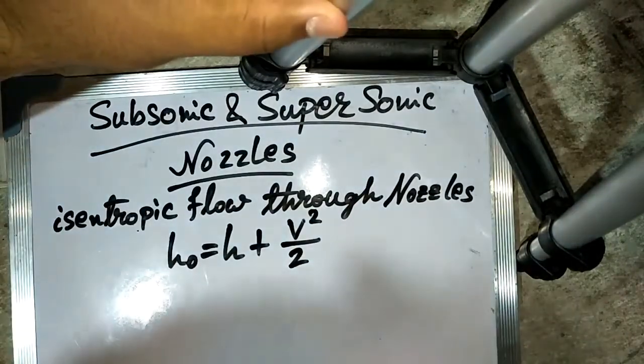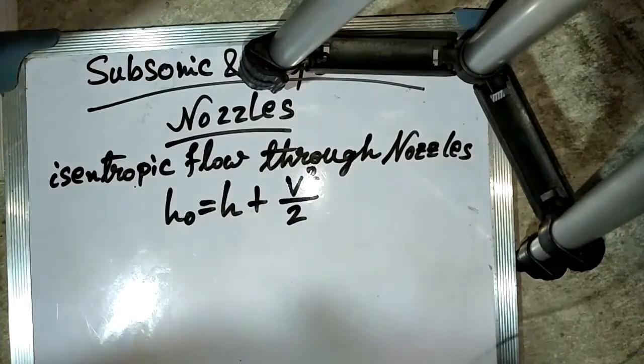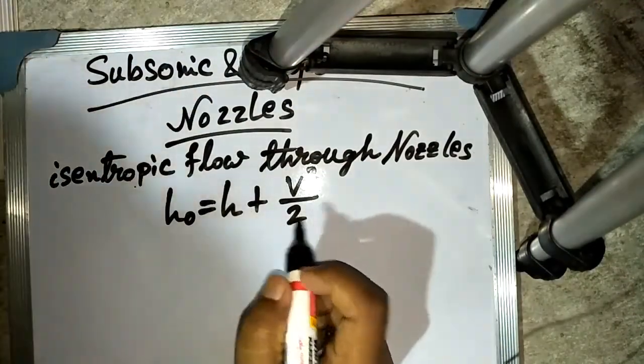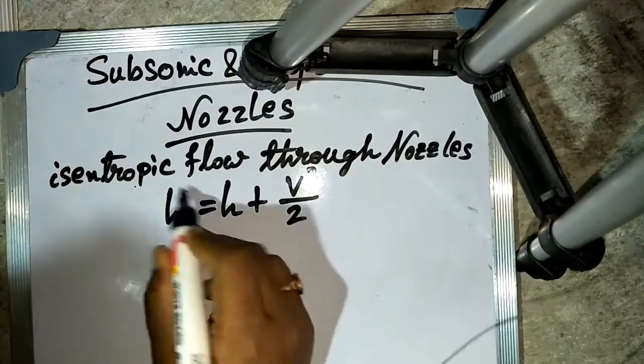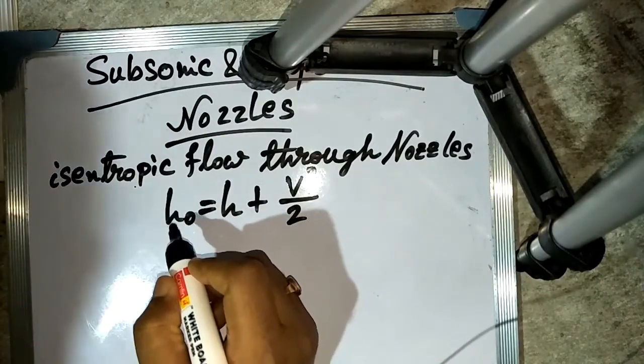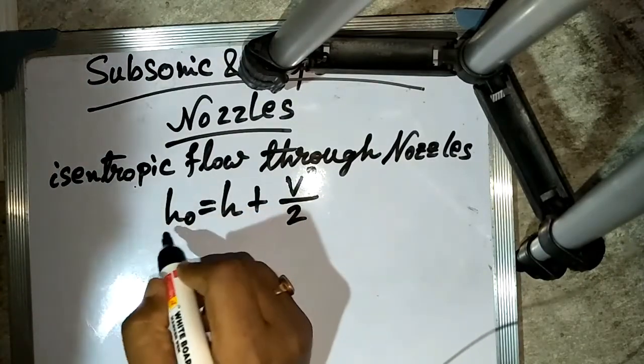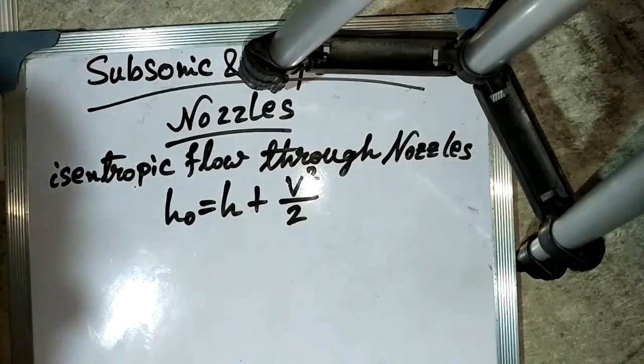We have already seen this equation. Since H0 is the stagnation enthalpy and it does not change, by differentiating on both sides we get